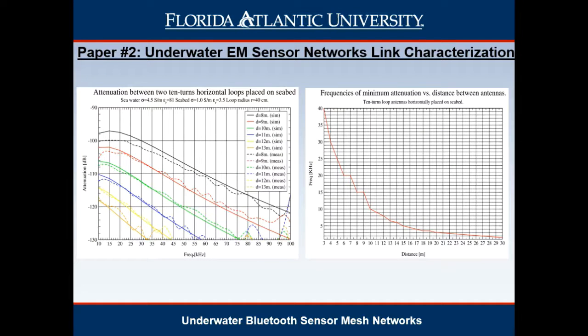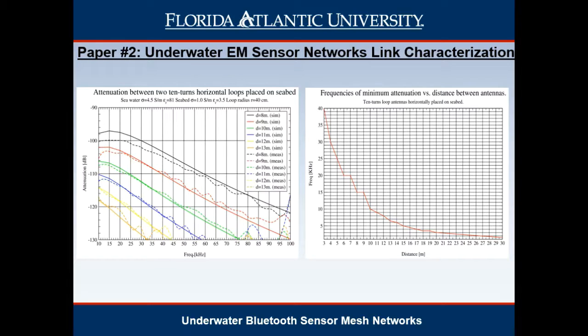They found that the loop antennas had the best performance, particularly the 40 centimeter radius loops. On the left here are some results, both the simulations, the dotted lines, which were computer simulations, and their actual experimental results with the solid lines. The different colors are the distance apart for the antennas, and the vertical axis is the attenuation, and the horizontal